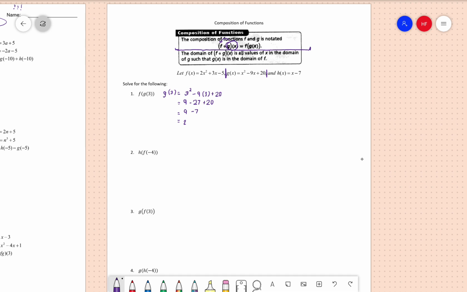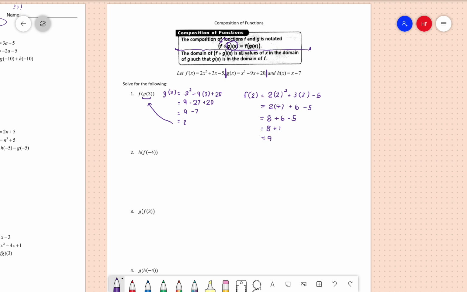Now I'm plugging in 2 for g of 3. So f of 2 is 2 times 2 squared plus 3 times 2 minus 5. So we're plugging this value back in to f now. So f of 2, we get 2 times 4 plus 6 minus 5. 2 times 4, we get 8 plus 6 minus 5. 6 minus 5 is 1. 8 plus 1